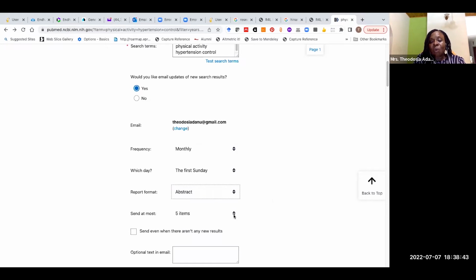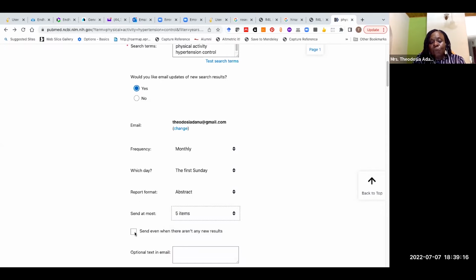You see, this is even more detailed than the Scholar create alert. So you can say 50 items at a time, 100 items. The choice is yours. 1 item, 5 items. But again, in doing this, we have to be realistic. 50 items in your email, that's a bit plenty. But again, it depends on the research you are doing and how urgently you need the information. So again, it's a personal choice.